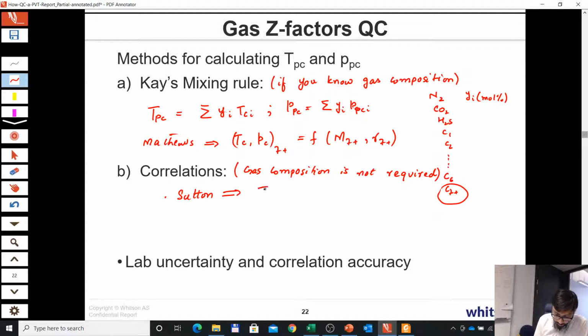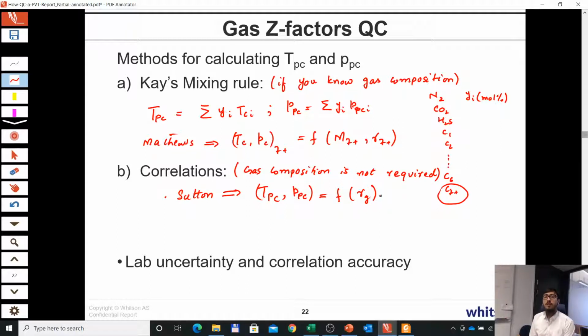What this correlation does is give you TPC and PPC values as a function of gas gravity. So the only measurement that you need for the given gas composition is the measured gas gravity, and then you can get the TPC and PPC values. This correlation is given in the SPE phase behavior monograph in chapter 3, and we'll be using this